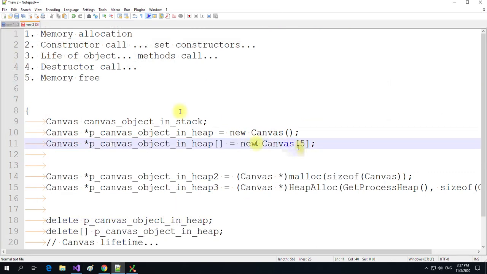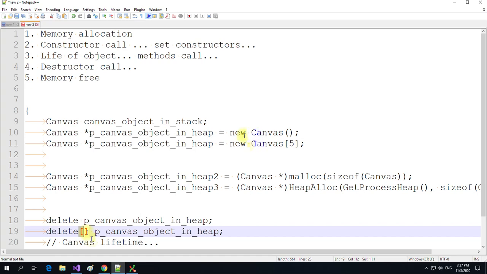The difference is, never mix those operators. Or you may do it like this, and it will be an array. The idea is that the array itself may have a special structure that delete with square brackets knows. And that's why if you just use delete for a heap array,